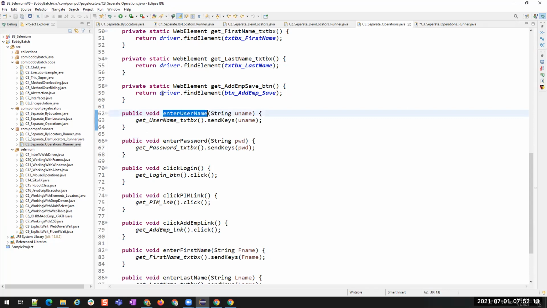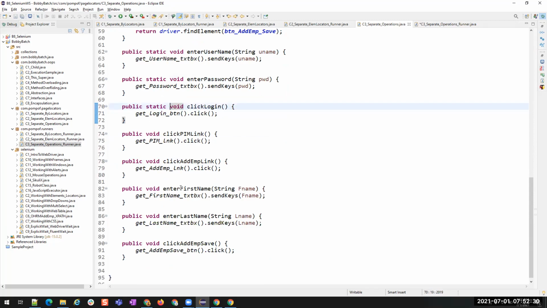Okay, these are not static. That is why you are not able to see it. Let me add static. Without static, you have to create an object again. I don't want to have that object line in the beginning. So that is why I'm making everything static, so that I can use them directly without any object in the beginning.